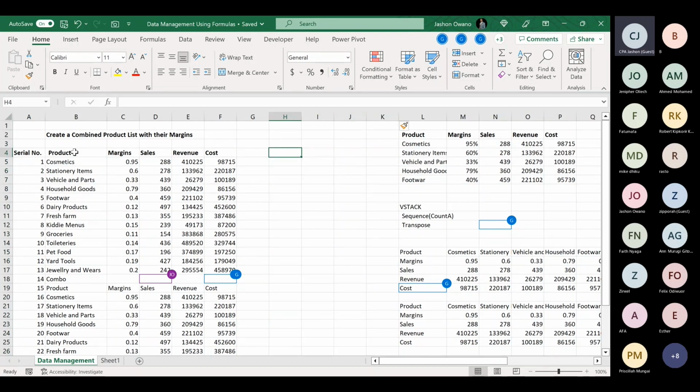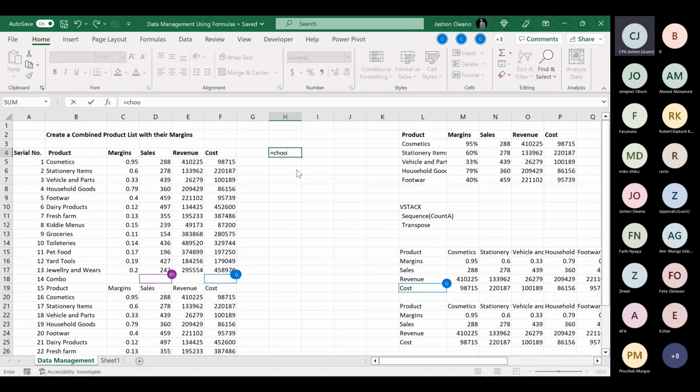Now I want to quickly extract columns B, D, and F so that I can analyze them separately. We are going to skip column G here, assuming that is the column we do not need, so that our new extracted data starts here. And this could be done on a different sheet, depending on what you want to achieve. So I would put my cursor where I want the data to start, then type equals choose, the word choose,